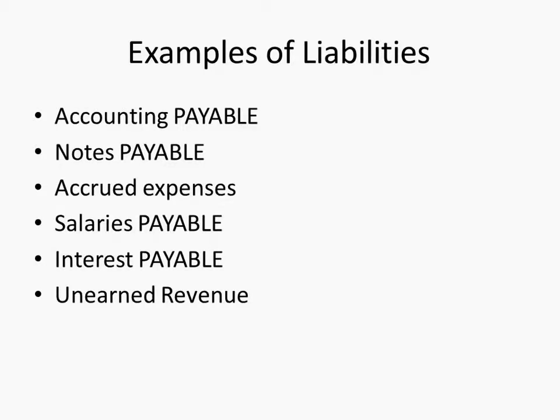Salaries payable, interest payable. Unearned revenue is another one that I think can be confusing. It's a liability, but it has the word revenue in it, and I can see some of you saying, I think that must be an income account. Unearned revenue is a liability. Can anyone give me an example of something that might be unearned revenue? Rental security, right, or someone pays their rent in advance, right? Right, for sure. Any other ones? Subscription, yeah, subscription. What did you say? Gift cards, right. These are unearned revenue. Those are all great examples.